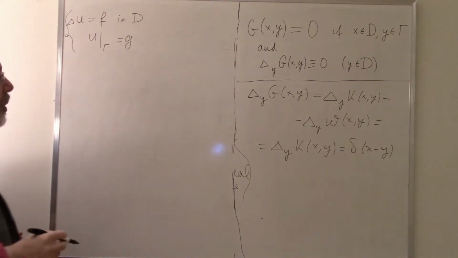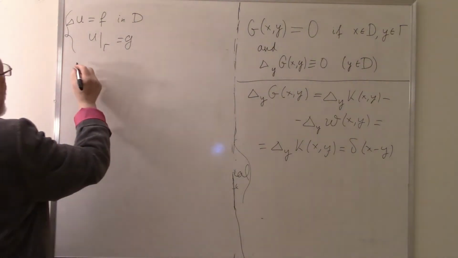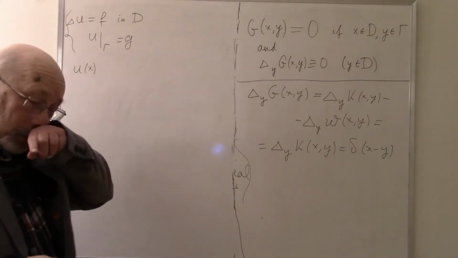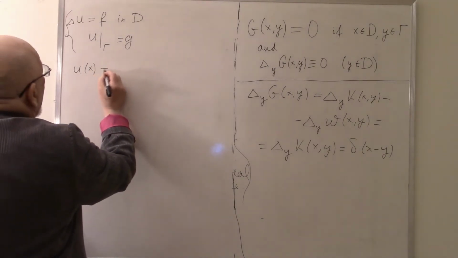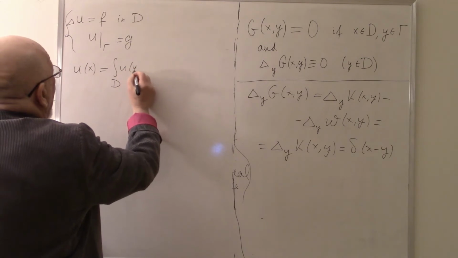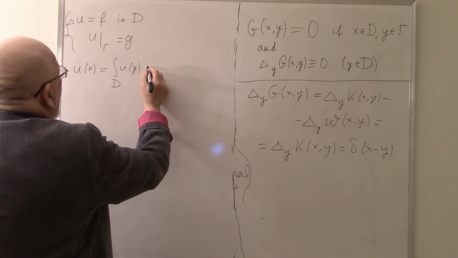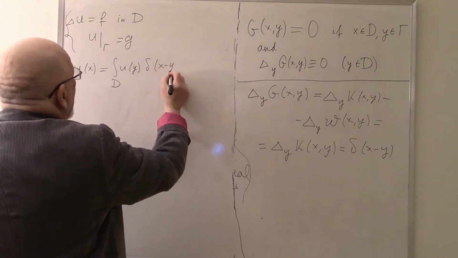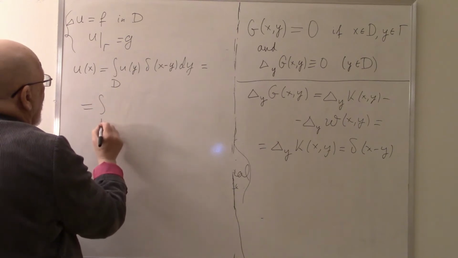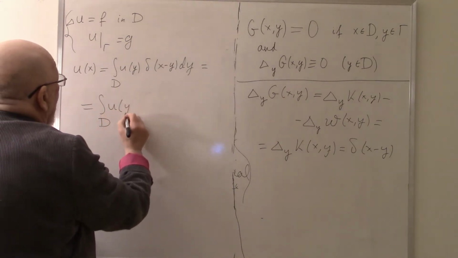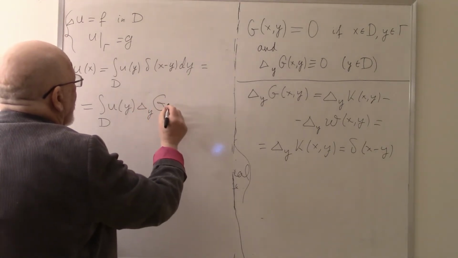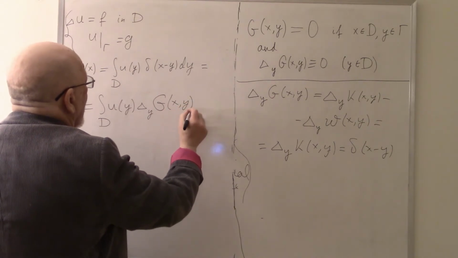It is the Dirichlet problem. So u of x, suppose u is a solution. u of x equals the integral over D of u of y delta of x minus y dy, equals the integral over D of u of y Laplacian with respect to y of g, this time of xy, dy,